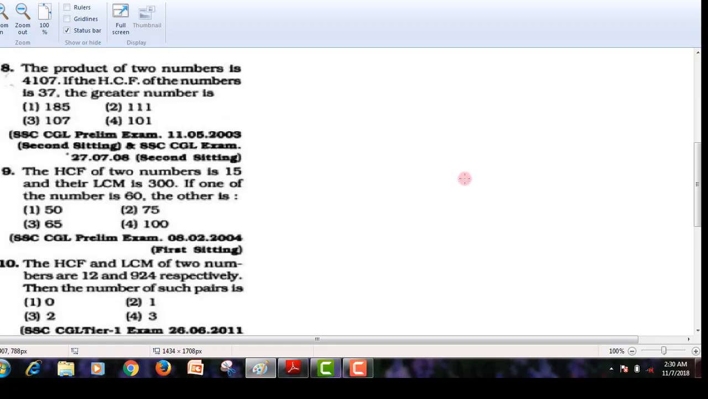the eighth problem. In the eighth problem, the product of two numbers is given. What is given here? The product of two numbers is given, the HCF is given, and they are asking for the greatest possible number. So if the HCF of two numbers is 37, those two numbers must be